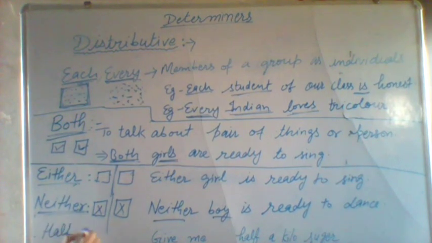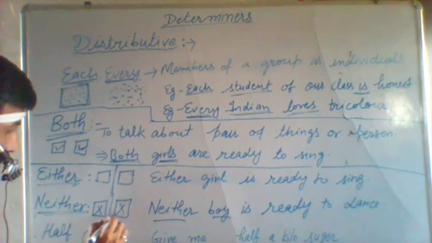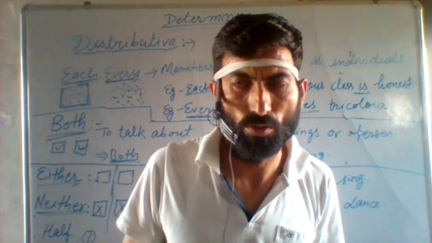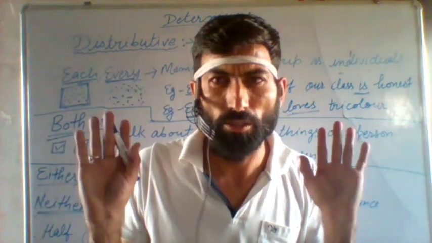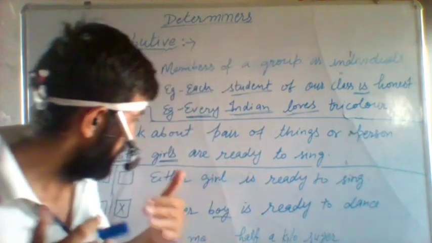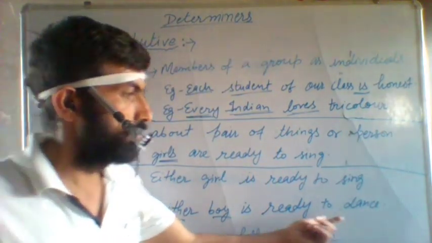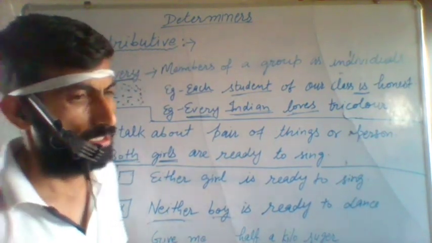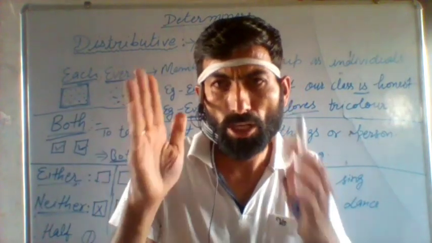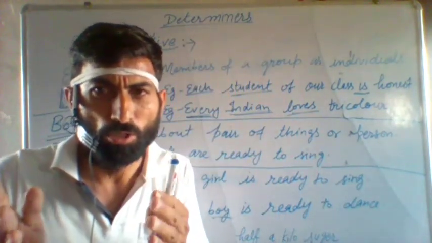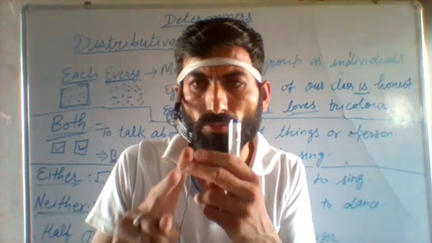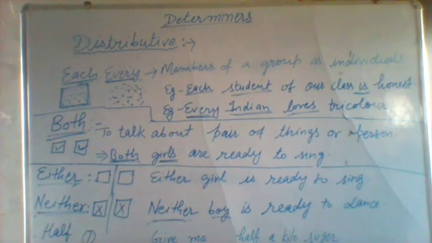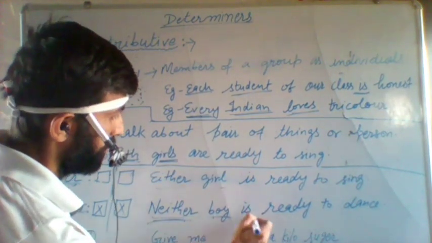Neither means no choice. Not this one, not this one. You can walk on neither side of the road, means you are not allowed. It means negation. Neither boy is ready to dance, means none of the boys. Neither boy means no boy is ready. Two boys were there, so we are talking about two here. Out of two, if anybody is ready, either. If nobody is ready, neither is ready, so we use neither. Got it? They also take a singular verb.